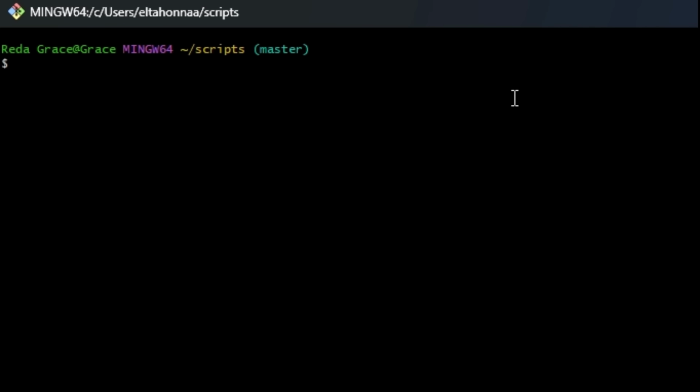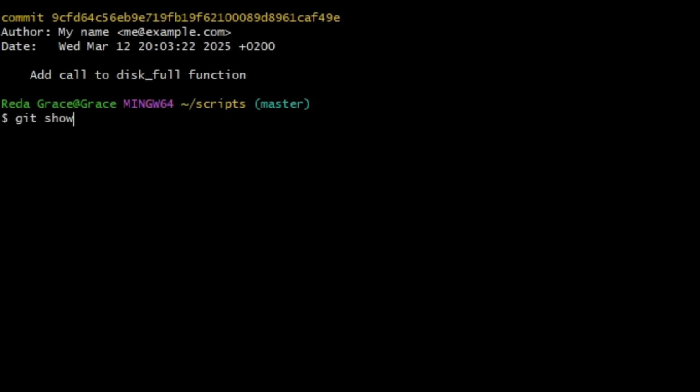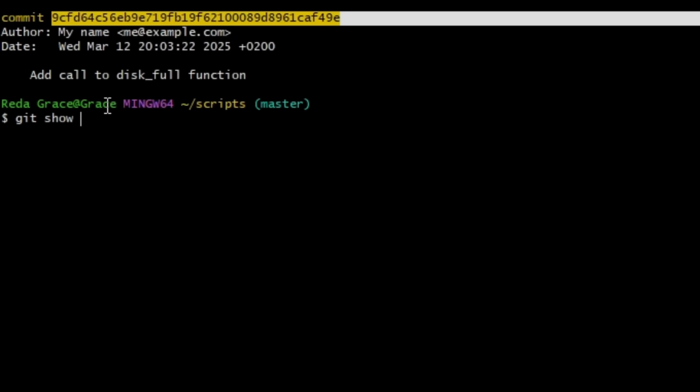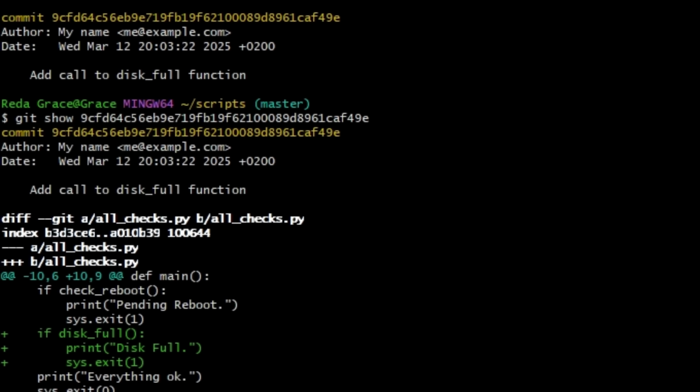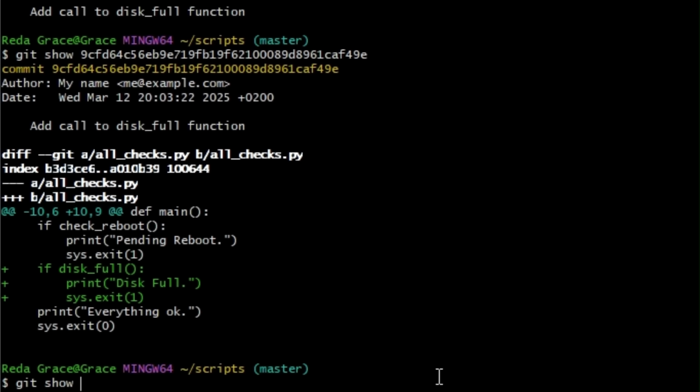How can you use commit IDs to specify a particular commit to work with, like during a rollback? Let's look at the last two entries in our repo using the git log -2 command. First, let's look at that specific commit using git show, which we mentioned earlier in this video. We've copied and pasted the commit ID that we wanted to display, and that works. Alternatively, we could provide just the first few characters identifying the commit to the command, and Git will be smart enough to guess which commit ID starts with those characters.